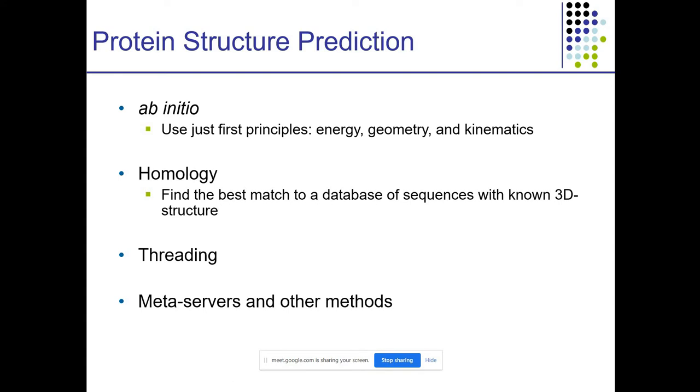In the ab initio method, if there is low sequence similarity, first of all sequence alignment is performed. If there is very low sequence similarity, suppose less than 15% or 10%, then we can use the ab initio method.